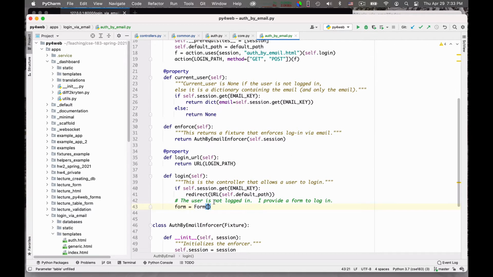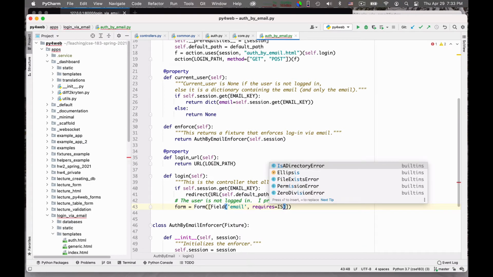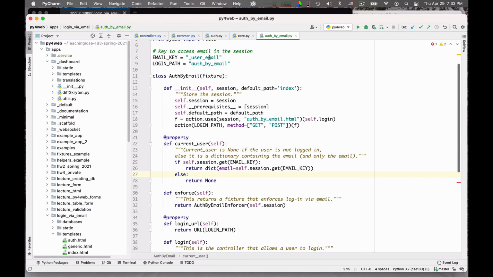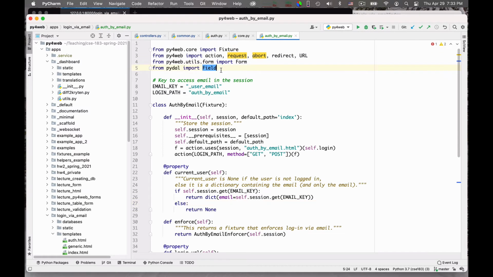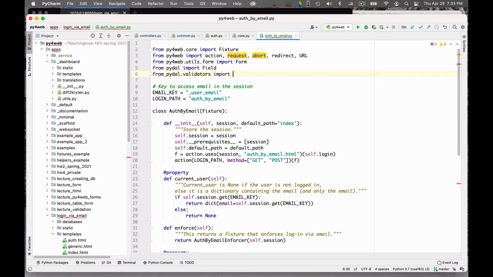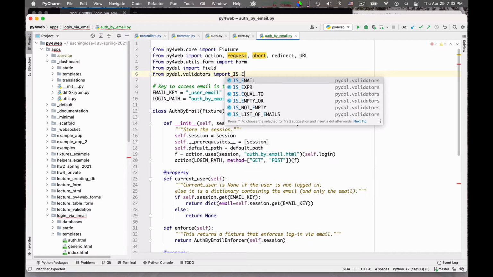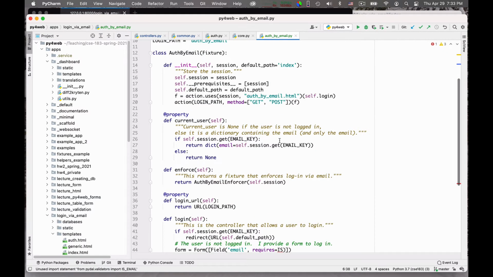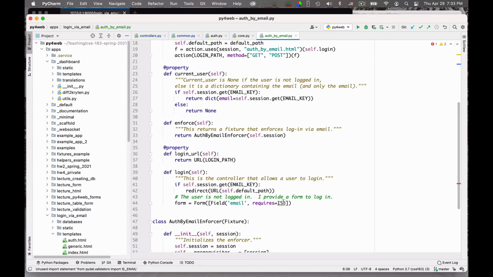So this is a form in which I make a field called email. Requires is equal to is email. Oh goodness. From pydal.validators import is email, so I can do the proper verification.